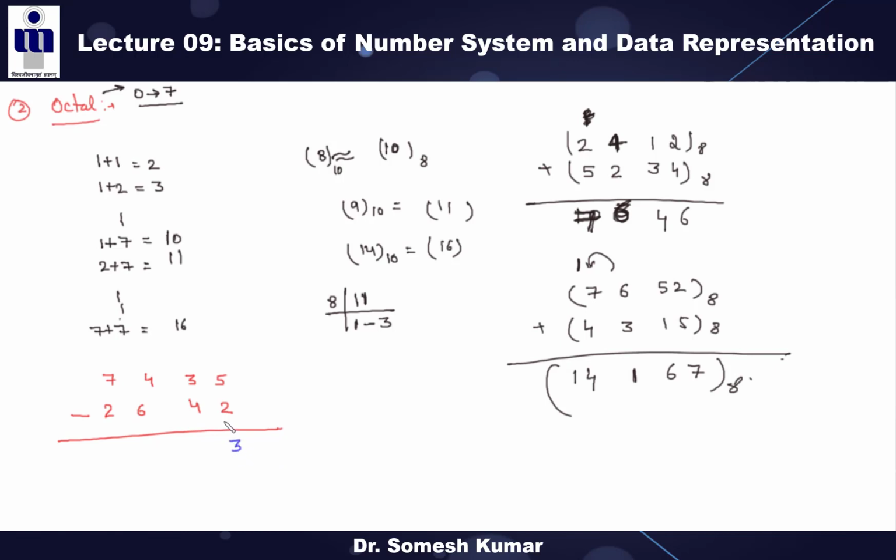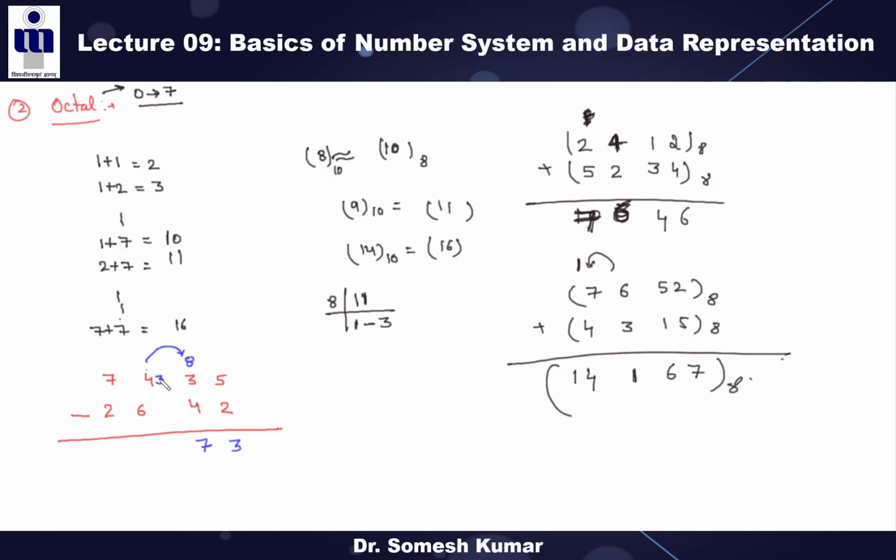It is 3. Now, can 4 be subtracted from 3? No, we have to take the borrow. And we have to take the borrow from this position. If you take one borrow, then 1 will add or 8 will add? 8, because it is the octal number. If you take one borrow from this octal position, then we have to take 8. So 8 plus 3, what is it? 11. 11 minus 4, 7. And here the remaining one is